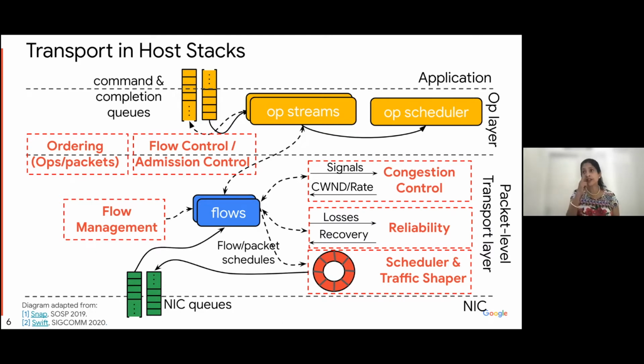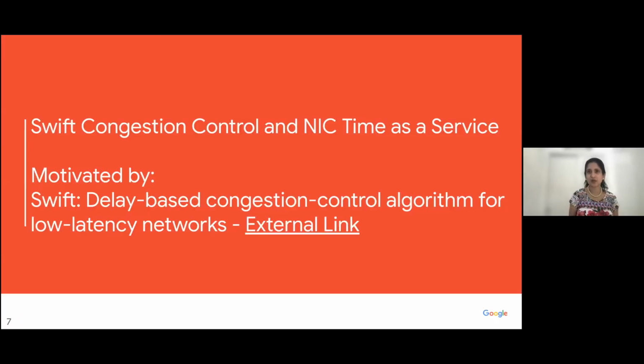What we're going to do in the rest of the talk is take one of these blocks, congestion control, and see what aspects of congestion control actually need to be programmable versus those aspects that are okay to be baked into the hardware. So we're briefly going to talk about Swift congestion control, which we're going to take as a running example through the rest of the talk. But we hope that some of these takeaways and learnings are applicable to congestion control in general.